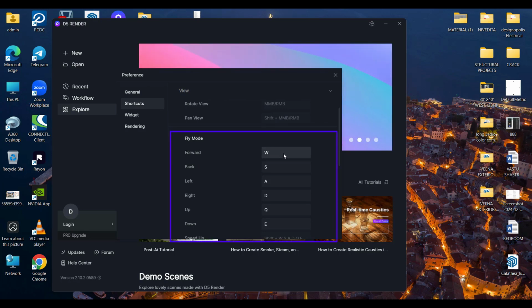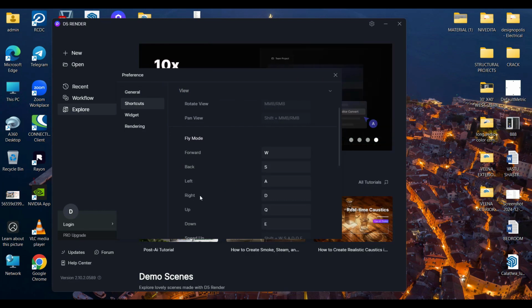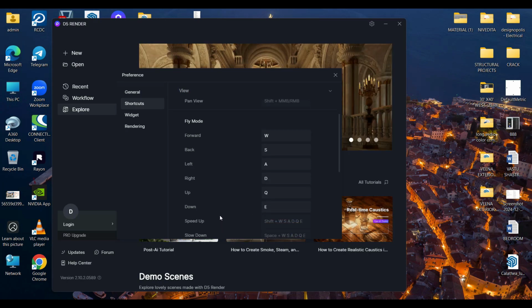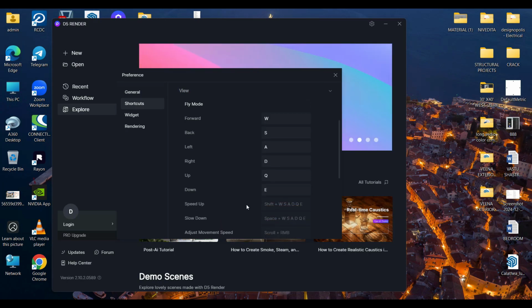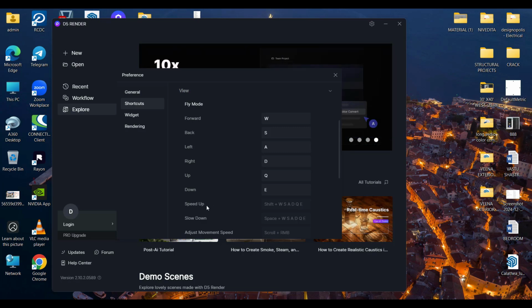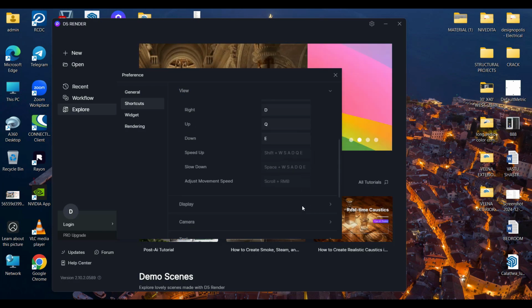For forward we have to press W, for back movement S, left is A, right is D, for up movement it is Q, and for down movement it is E. In order to speed up these navigation directions, you press Shift along with those navigation keys.